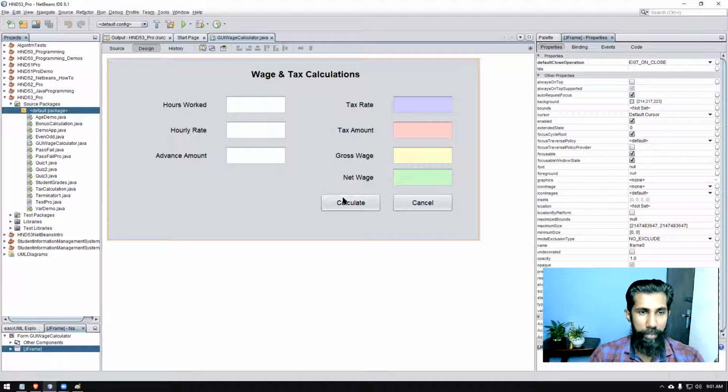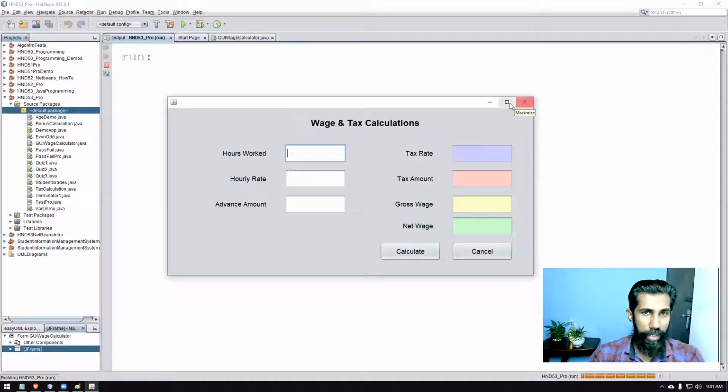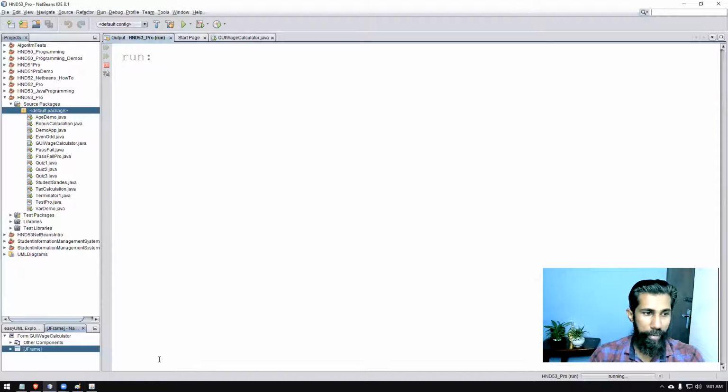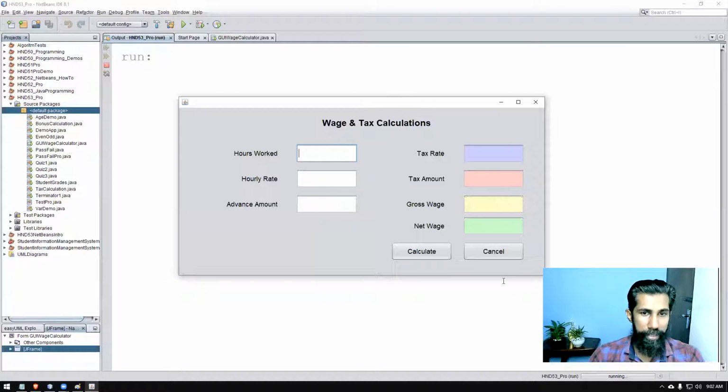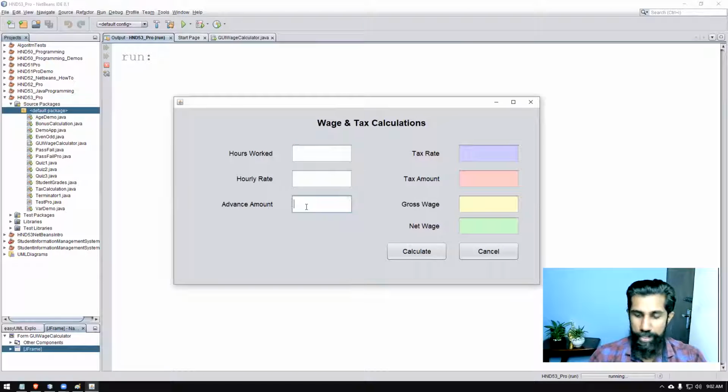In this environment, once this is working, straight away I can close the application. That is one thing that I can do. I can maximize, I can restore, I can iconify, I can de-iconify, I can resize, okay? Or I can type the advance amount first, right? Let's say 8,500, hours worked, let's say 56 hours. Hourly rate, I can type, let's say 1,450.75. Then I can click the cancel button if I like. I can click the calculate button next. I can do anything that I like, okay?